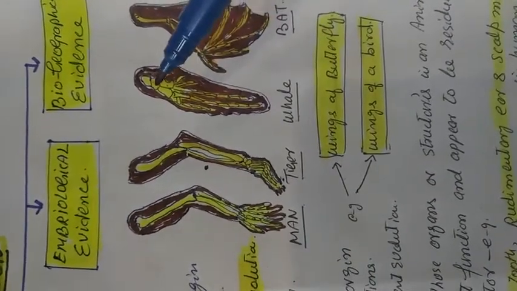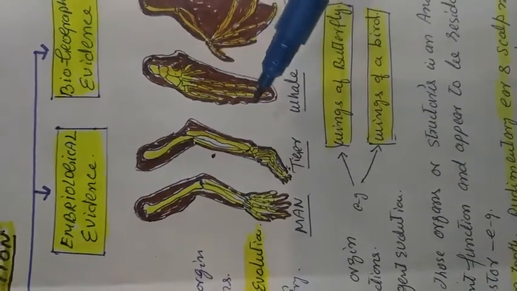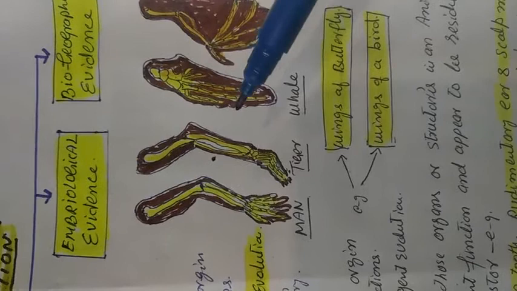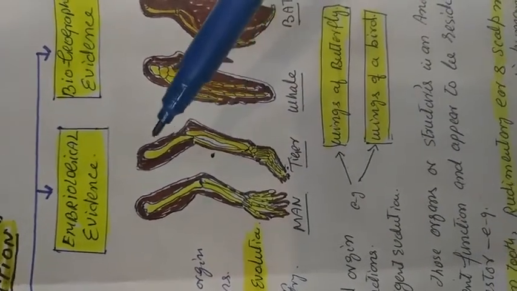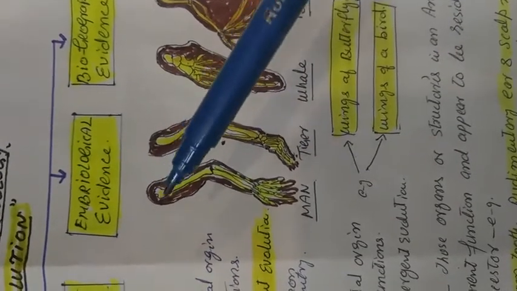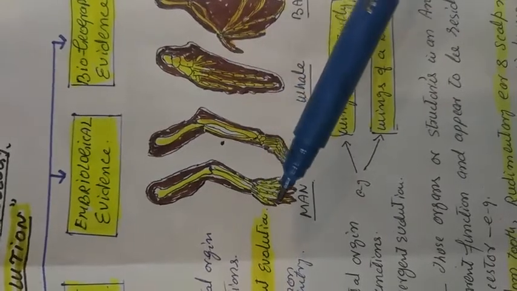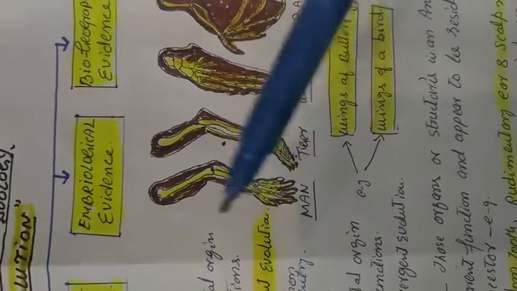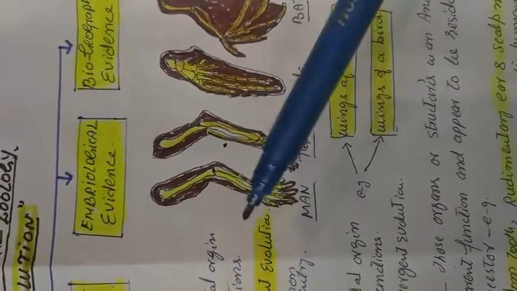This is the forelimb of a whale, known as flipper, and is used for swimming. This is the forelimb of a tiger, which is adapted for fast running. And here is the forelimb of a man, which is adapted to perform multiple functions such as eating, writing, gathering